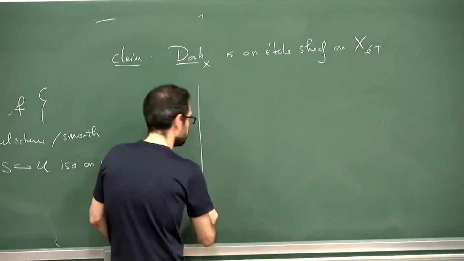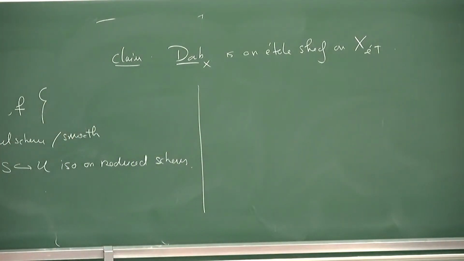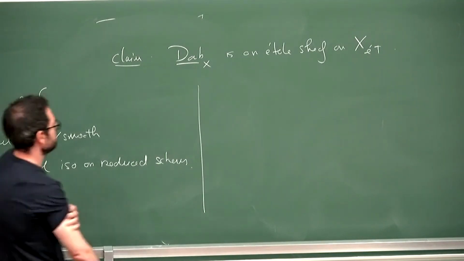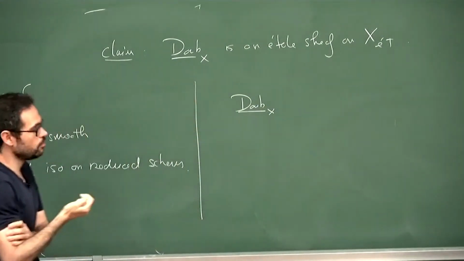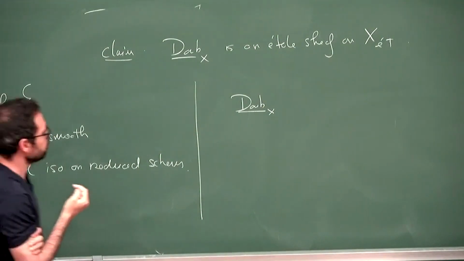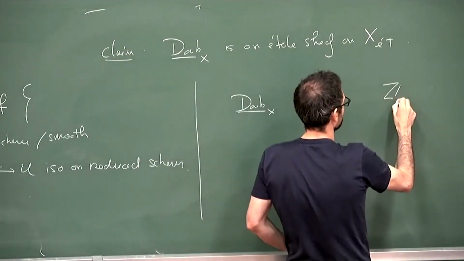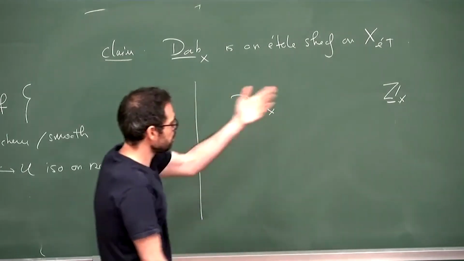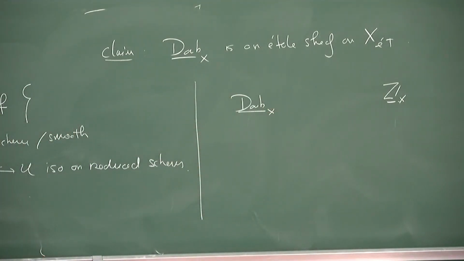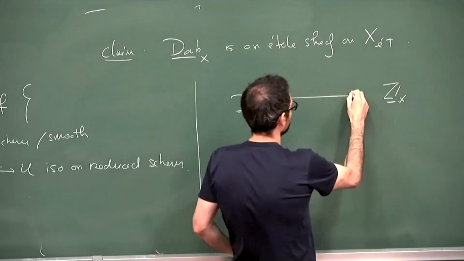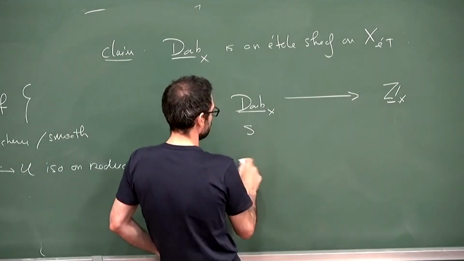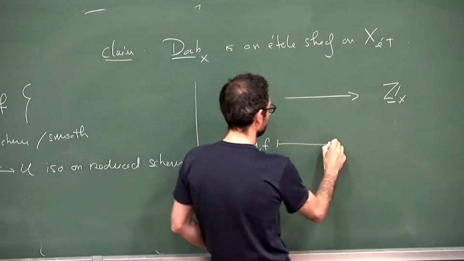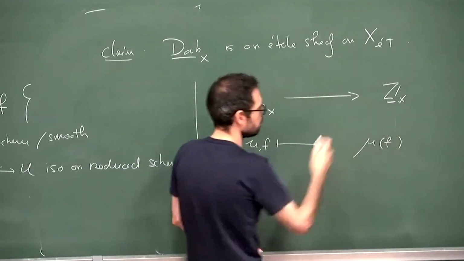So why do I care about this sheaf? Well, because all the invariants I was trying to define before are actually defined naturally on this sheaf. The first invariant I told you about was the Milnor number. So on the étale site, you can look at the locally constant sheaf with value Z, and you have a canonical natural transformation of sheaves that on every S sends a local model F to the Milnor number of F.